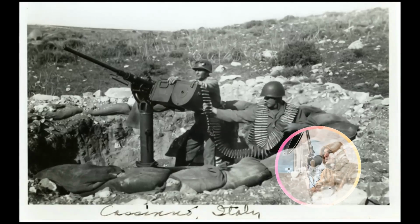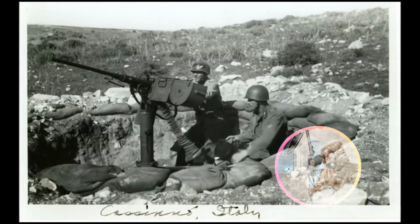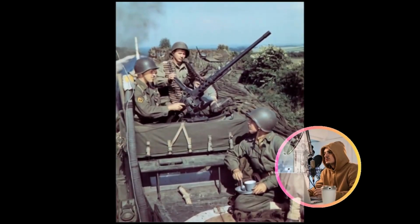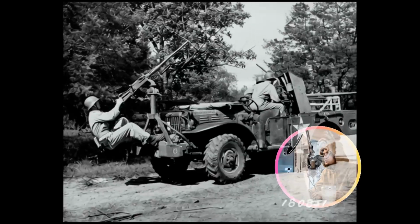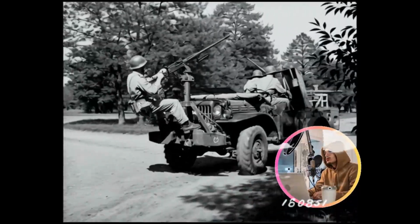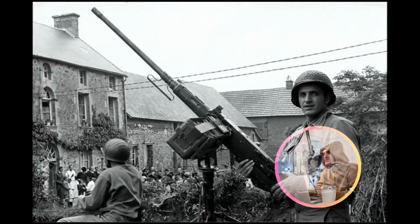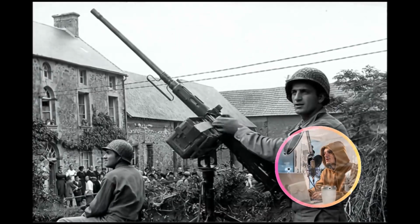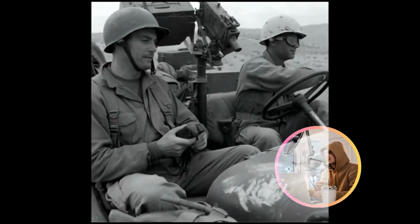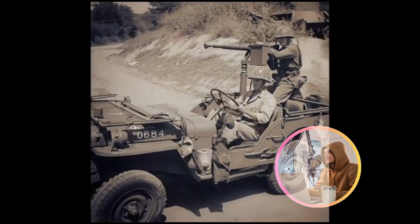The Browning M2 .50 caliber machine gun undeniably stood as the most destructive infantry weapon deployed by the United States during the Second World War. When firmly affixed to a stationary tripod, a proficient marksman possessed the capability to penetrate engine blocks from a distance of 800 yards, lacerate aircraft fuselages at 1,000 yards, and unleash a torrent of 450 rounds per minute with terrifying